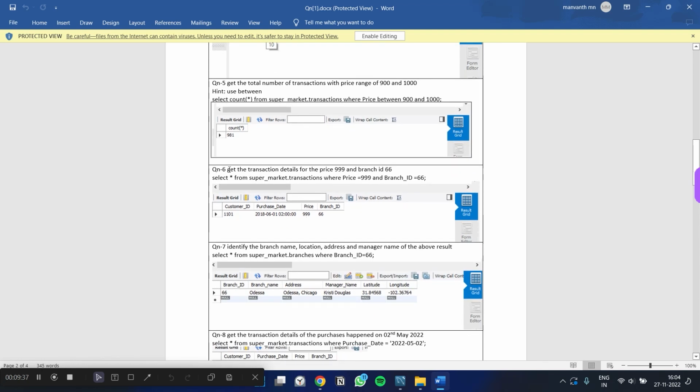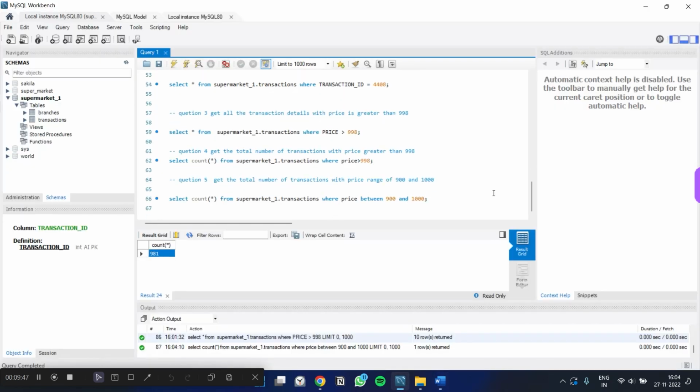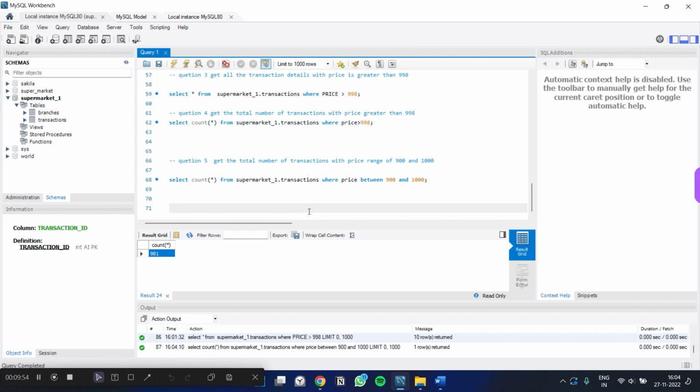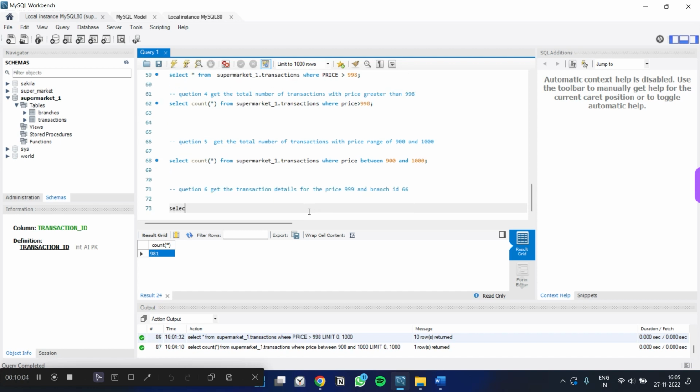Fine. So question 6. Get the transaction details for the price 999 and branch ID 66. And is used. Do you remember in Python we learned this? I taught you this if you have seen my video. We did it in logical operators, guys. So if we go select count, get the transaction details. I don't have to use count. I just want the transaction details from